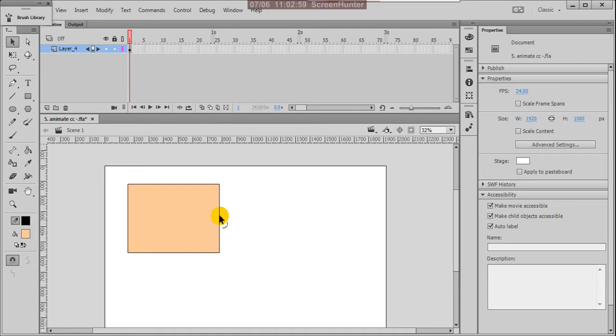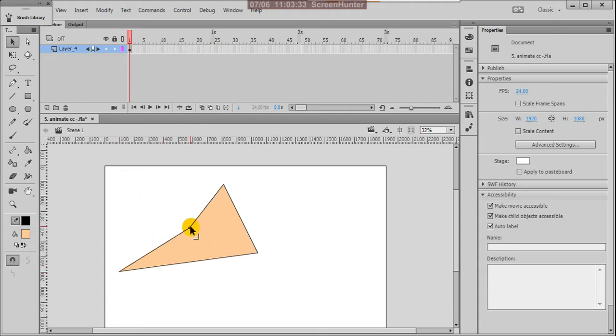But at the four edges, you can place your anchor pointer at any corner and drag it. See, you are editing, changing the shape into something different.